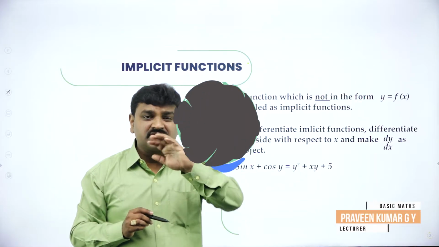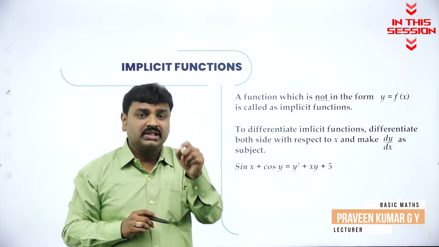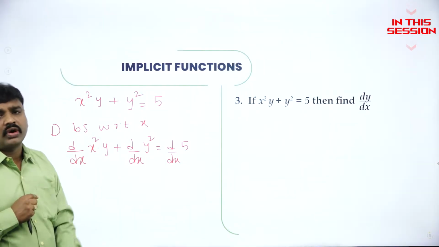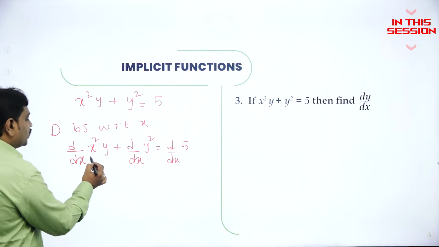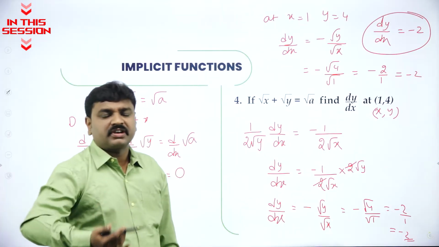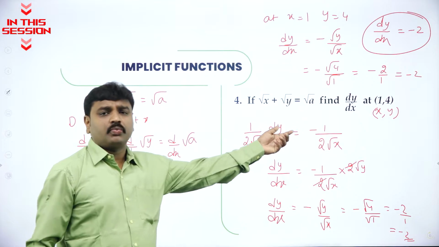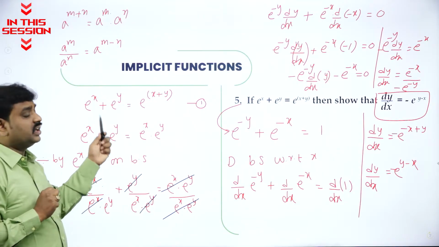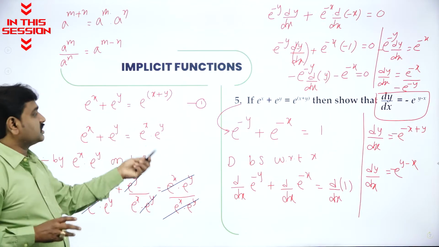ಅಥವಾ ಯಾವ ಫಂಕ್ಷನ್ y = f of x ರೂಪದಲ್ಲಿ ಇಲ್ವೋ ಅದನ್ನು ನಾವು ಇಂಪ್ಲಿಸಿಟ್ ಅಂತ ಕರೀತೇವೆ. Except x, y, t, all alphabets are constant, so a is constant. Strictly you should use what rule? Product rule. So now x square is first function, y is second function. Whenever they give x and y values, they give a point. All of you know how to read a point, x, y. You have to remember the hint. What is the hint? Divide by e power x plus y on both sides, or write e power x plus y as e power x into